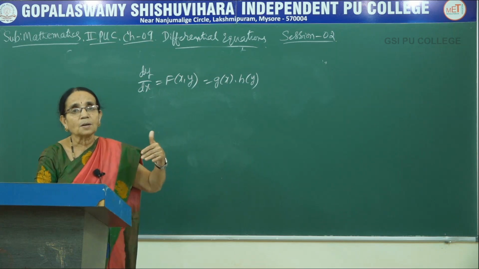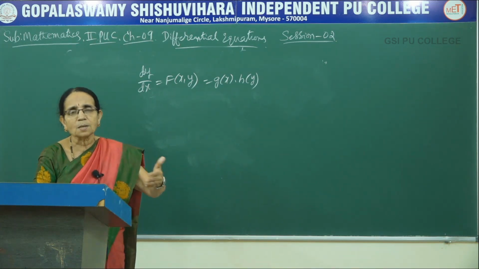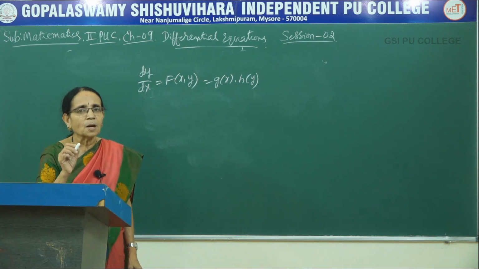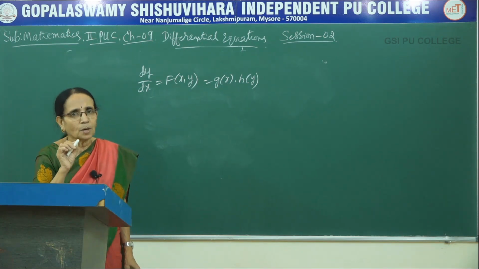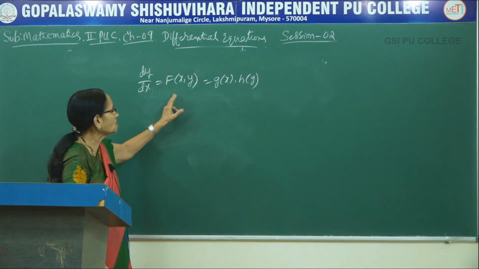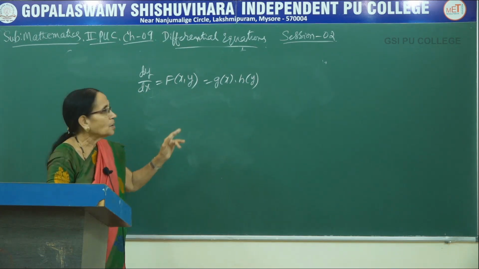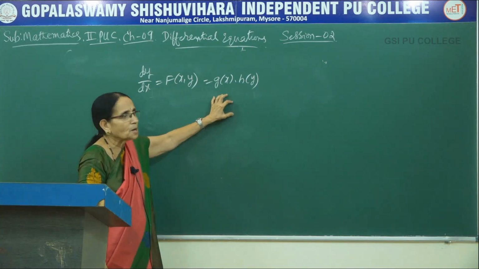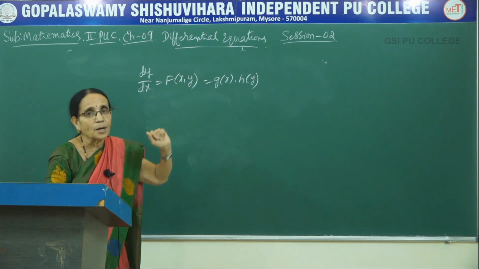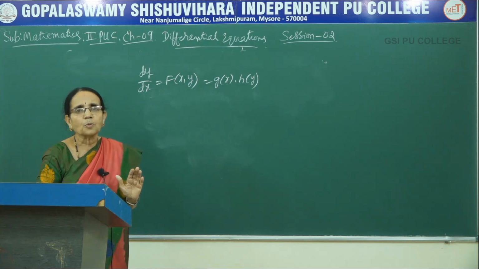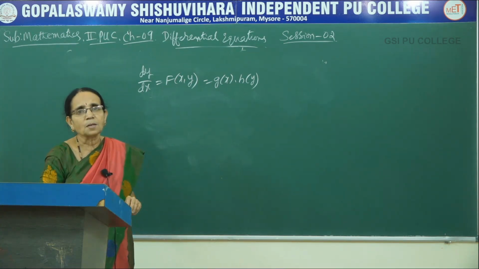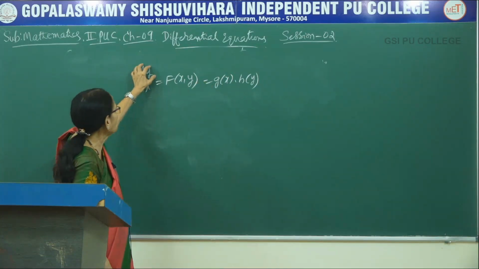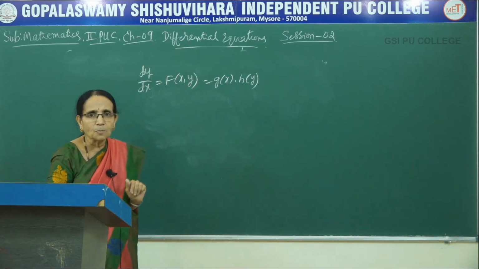If it can be separated, then you apply the first procedure. Then if it is of the second method, what I am going to teach in the coming sessions, then you have to decide looking at the equation, because they don't specify that in the question. Okay. Suppose this could be written as a product of gx and hy. What do you mean by that? This is a function containing x, that is a function containing y. In that case, now our next problem is we have to separate the variables. That means gx and dx, they should come together, dy and hy, they should come together.